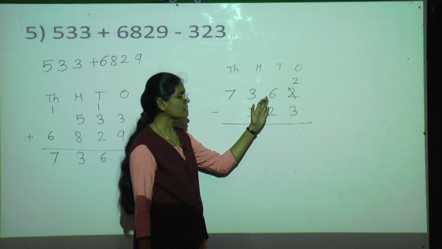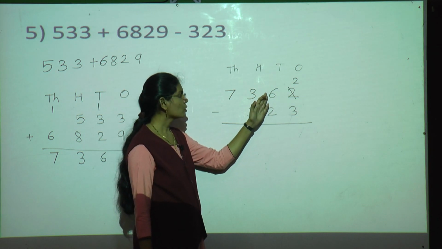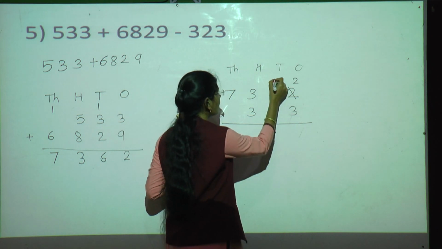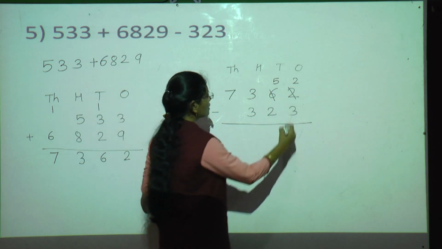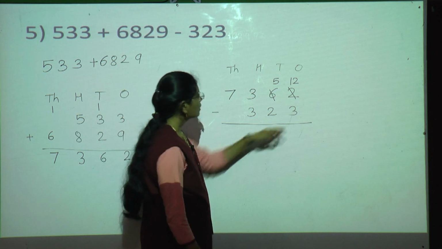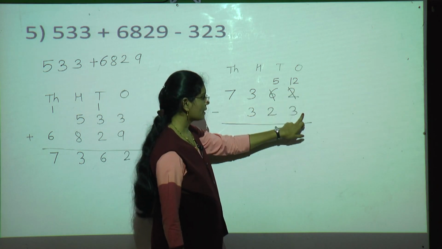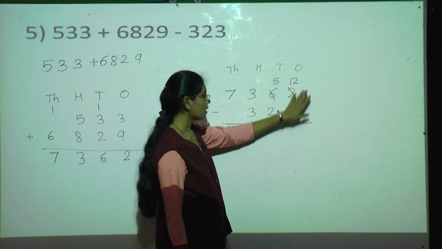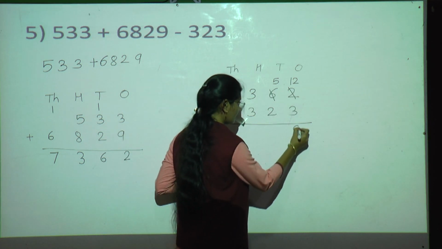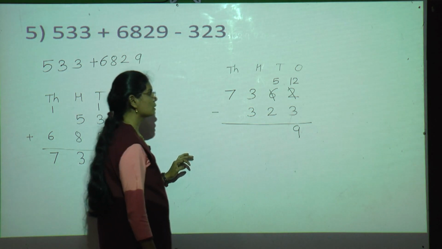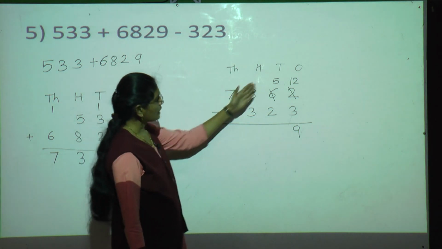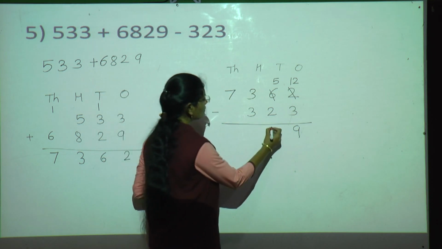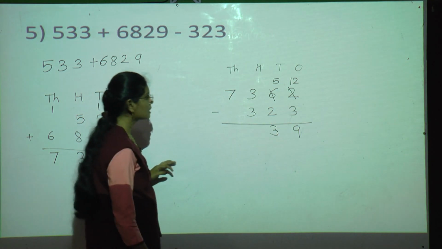At the next place here 6 is there. So take one borrow from this 6. 6 minus 1, 5. So here at tens place 5 will remain and this 2 will become 12. Now see the ones place. 12 minus 3. After 3 count your fingers till 12. So 12 minus 3, 9. So write 9 at ones place. Then see the tens place. Here 5 is there, here 2 is there. 5 minus 2 is equal to 3. So write 3 at tens place.